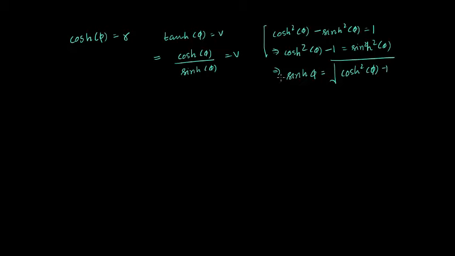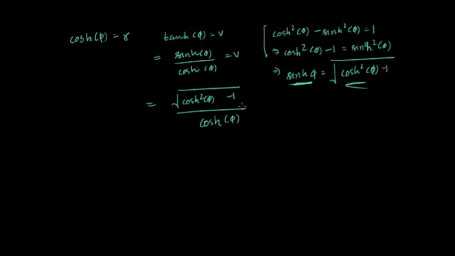Sorry, I made a mistake. This is going to be sinh, and that's going to be cosh. So if we substitute this part instead of sinh phi, we will get the square root of cosh squared phi minus 1 over cosh phi,